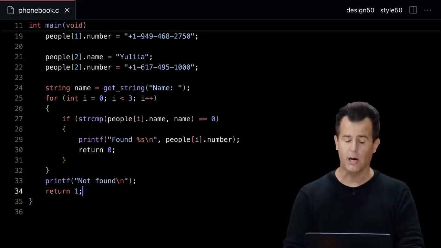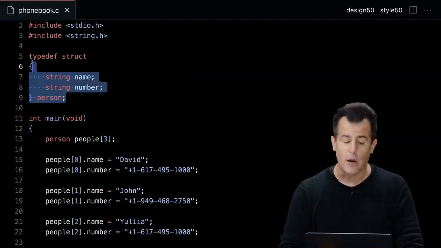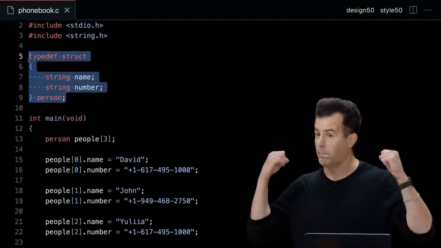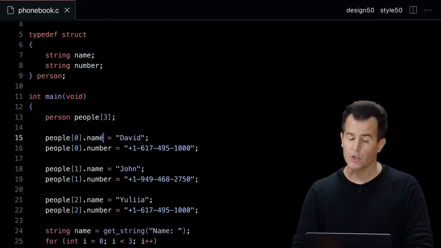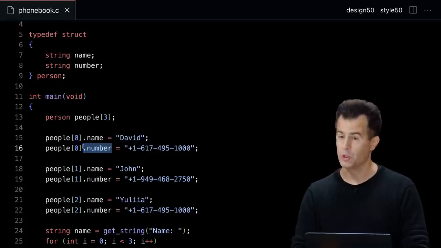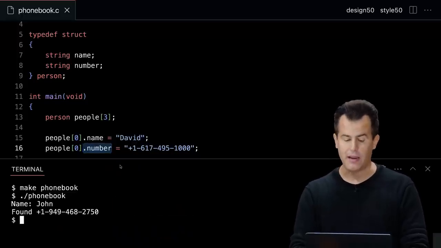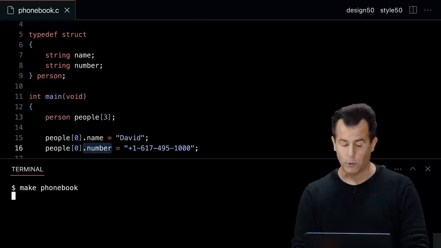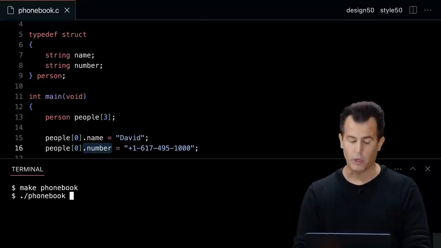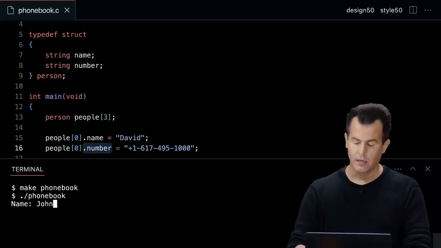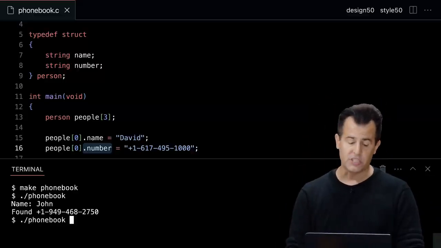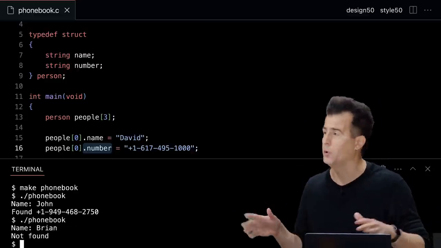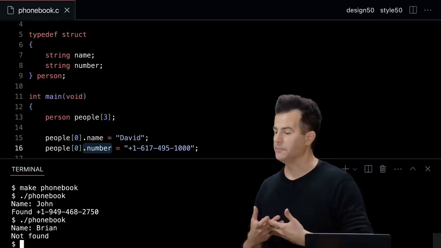So the only new stuff in this program really is the fact that I have now invented a new data type called person that we can now use in our code. And I'm accessing the individual fields or attributes of that new structure by using this new dot operator, which goes inside of that custom structure. All right, if I didn't screw up, let me go ahead and make this phonebook. So far, so good. ./phonebook, enter. And now if I type in John, enter, I have, in fact, found John's number. And if I go ahead and search for someone else, for instance, like Brian, who's not in the phone book, he, in fact, is not found.